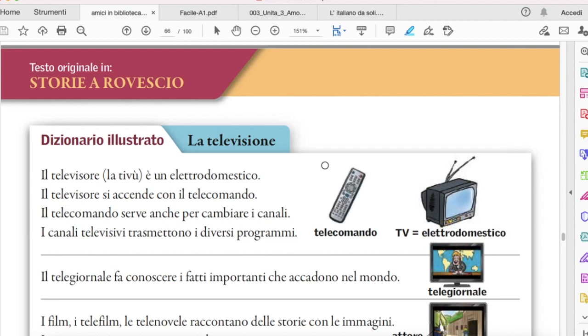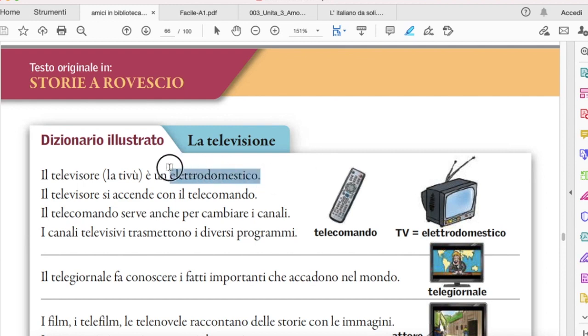So today we are going to dwell a little bit into this vocabulary that concerns la televisione. So here we are with another dizionario illustrato. As usual guys, let's write it down, let's record, listen and repeat several times after we are done. So let's start. Il televisore, la TV, è un